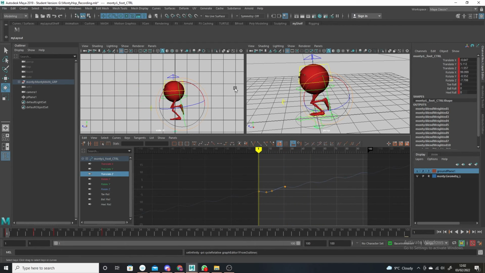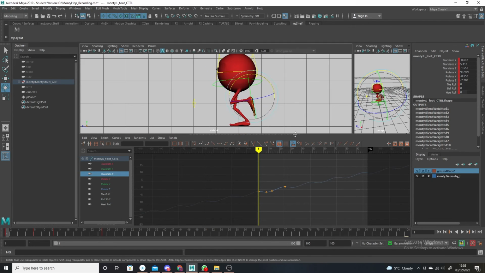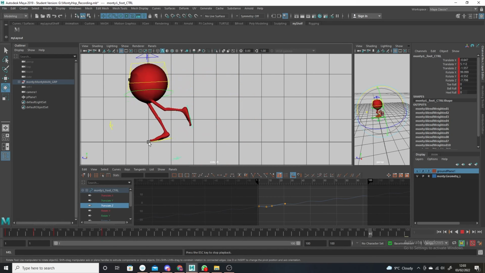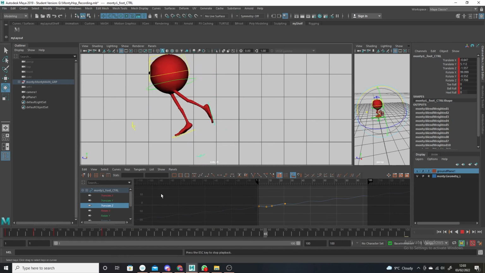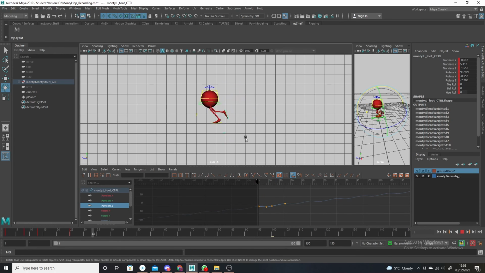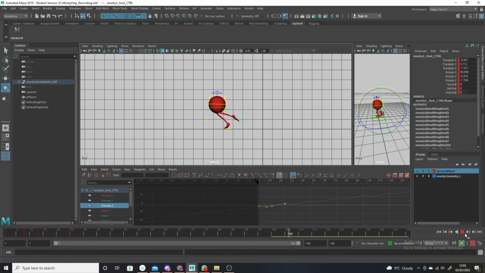Okay, so now you have this. Now this is very interesting. Well, it's relatively interesting. So I'm just going to make this slightly larger. You can see what's happening. Now, you see, we have a cycle now. But I wonder if you notice something's happening as he cycles forward. Actually, I'm going to make this even longer so you can see it. 150. Okay. As he cycles forward, you'll probably notice something. I'll stop it just at the end. If you look at the end, do you see how far back his foot is in relation to the front? So you start off here, where the foot's almost directly under